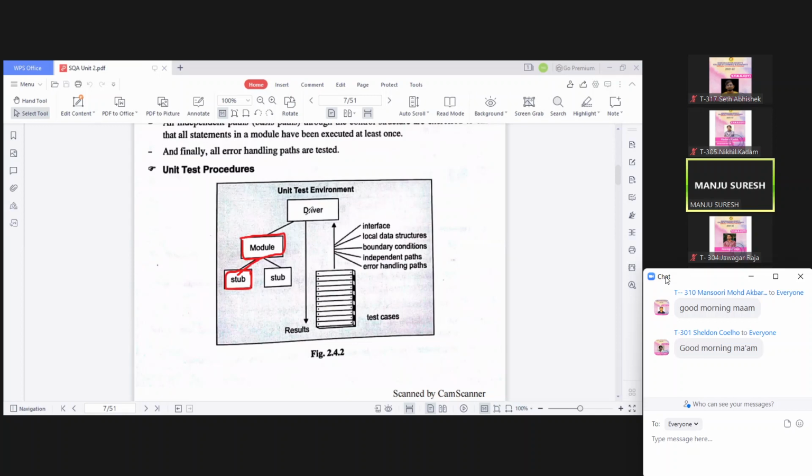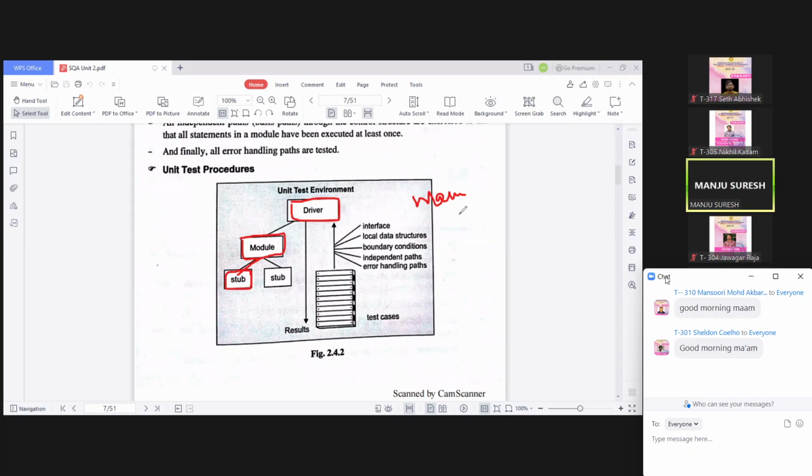Okay. And if my upper components, main components, are not ready, and I have to check my module with those main components, then that component is considered to be a driver. See, if you are working with C++, we always start with the main function. Our main upper component is the main function. If the main function is not ready, and we want to test our component with the main function, what will happen? We will create a dummy component called a driver.